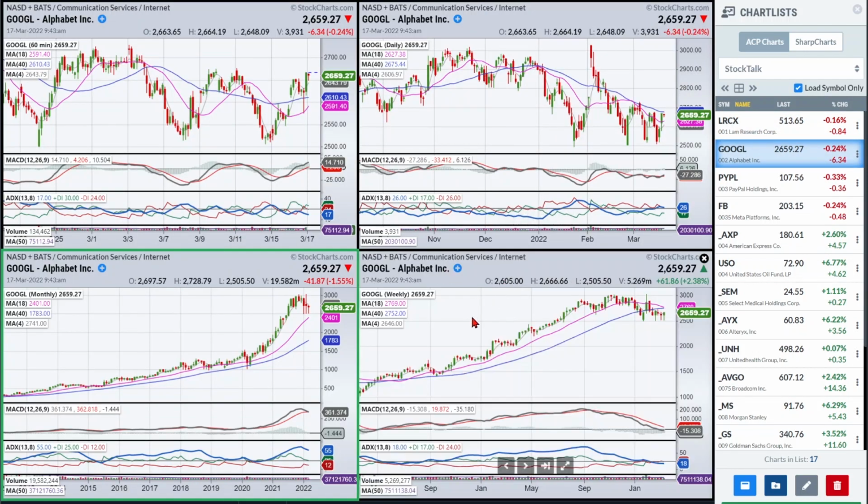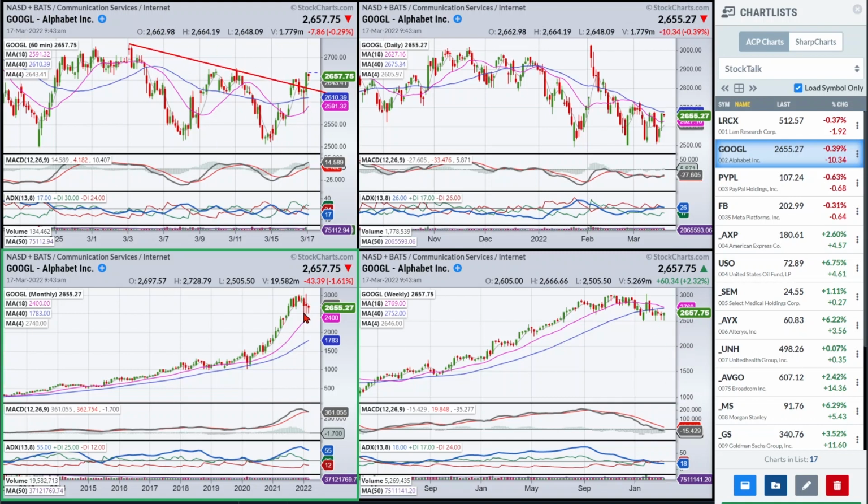Let's look at Google. The difference with Google, obviously, what I mentioned in the lesson, is that this has an upward bias. This is above support. This is not below resistance. It's actually above support at 2,500. And one of the things that I think you could think about in trading this way, or at least thinking the way I do, is if you have a 1, 2, 3 develop on an hourly chart.